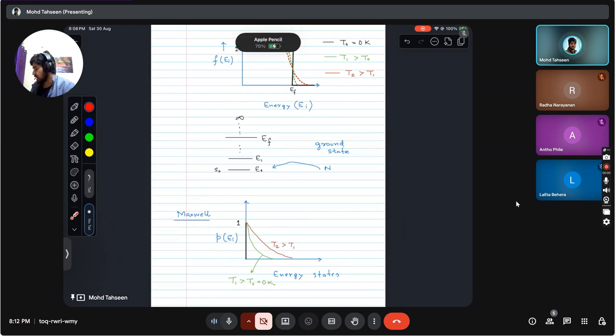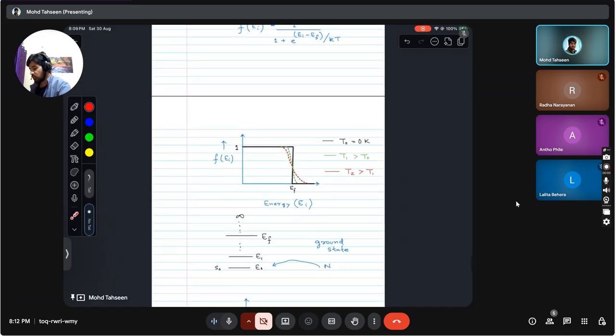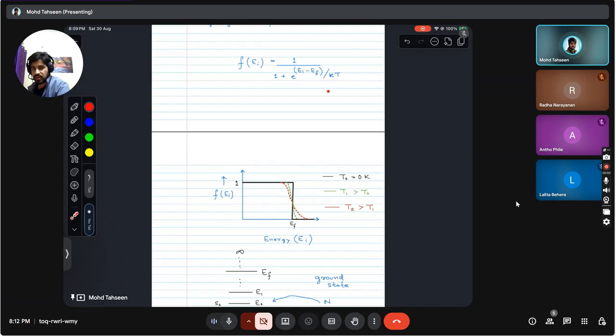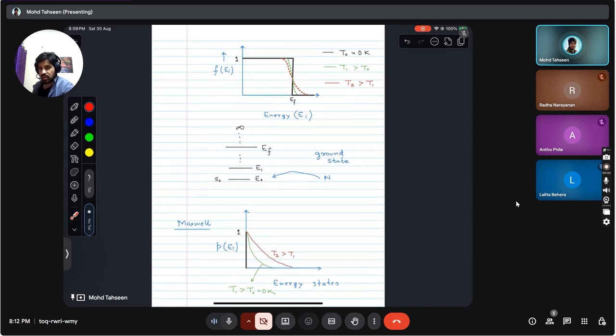What we are going to do next time is actually come up with the model. What we have not done here is, even in this graph, or from this equation, we do not know the number of particles in each energy level, what's finally called the density of states. We only know the probability, right? So in order to evaluate a particular quantity, let's say thermal conductivity, we need to know the exact number of particles in each state. So that's what we are going to do next week.